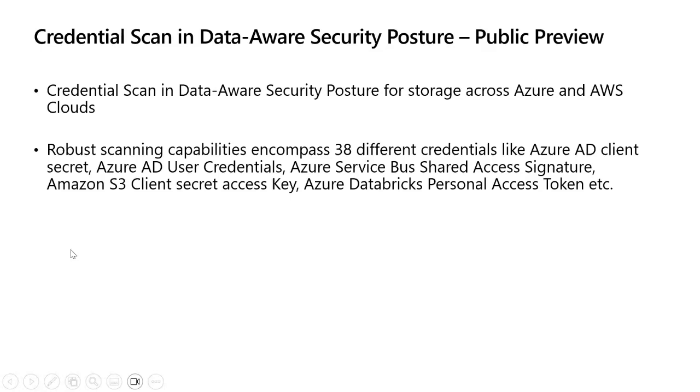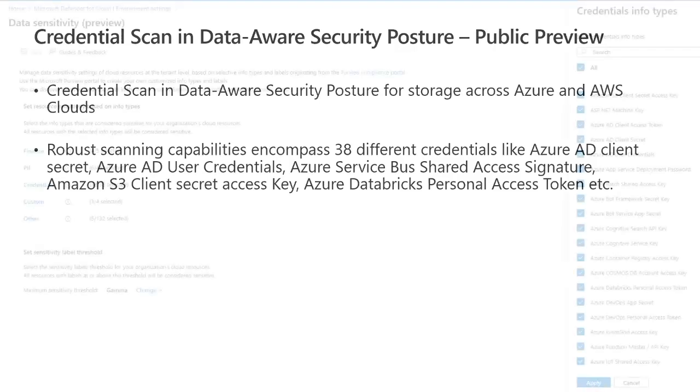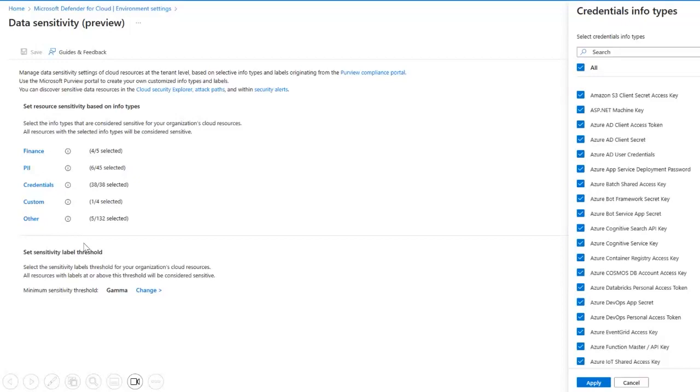Credential scan in data-aware security posture is in public preview now. Credential scan effectively identifies and addresses potential risks associated with resources that hold any credentials. Currently, again, the support is limited to credentials stored in Azure storage accounts and AWS S3 buckets. You can see the robust scanning capabilities encompass 38 different